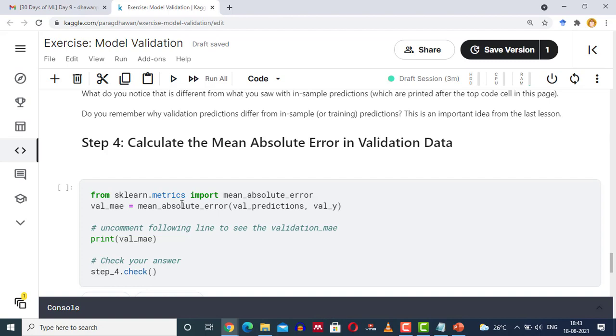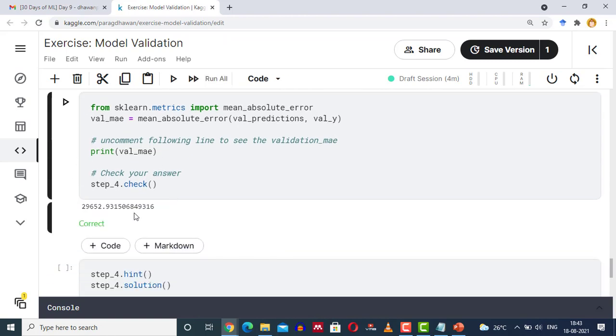We are running mean_absolute_error on the validation predictions and actual validation output. So these are predictions and these are actual output. We will compute the mean absolute error and store it in val_mae, and print it on the screen. Click on the cell and run the cell. You can see that house prices on average differ by $29,652.